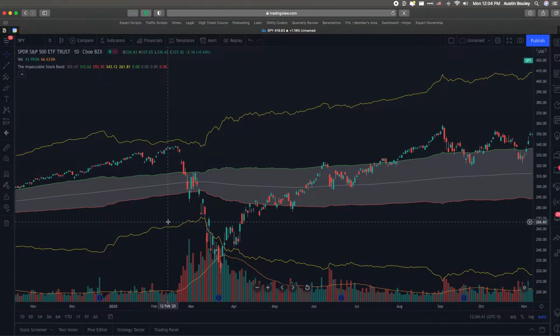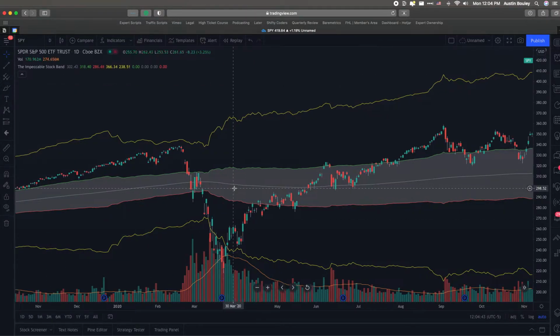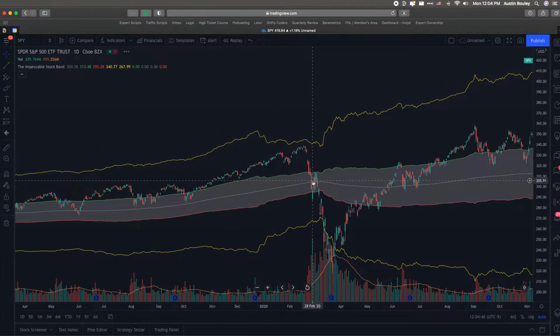Now I'm going to delete that because that's what this gray line is right here. It's the 200-day moving average. When the S&P 500 gets below it, we have a really high chance of the market crashing. And you can see here when it got below it, we start to see the crash down to the downside. Okay, so now that we can identify trends in the market and when we should go short,